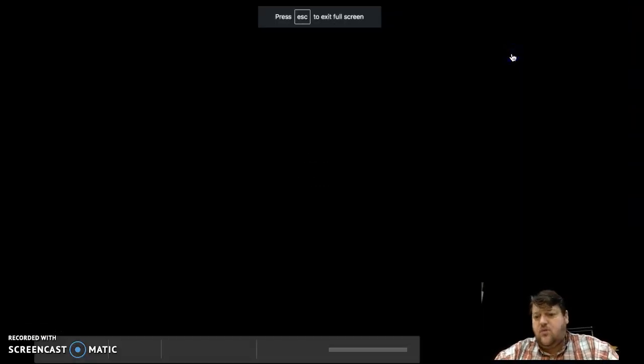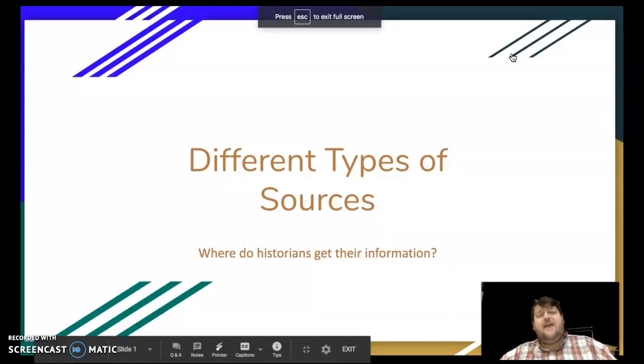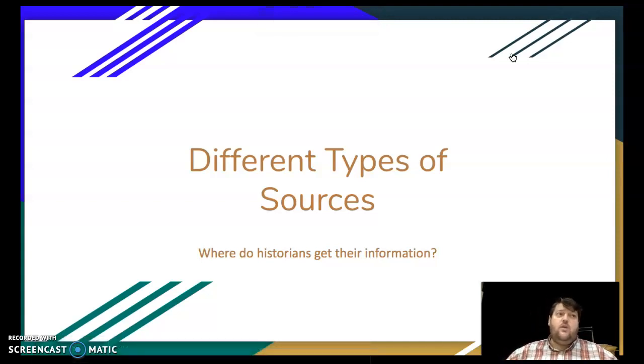Here we go. We're talking about different types of sources. Every historic account is made up of sources. When we watched our video on 9/11, that video was a source. It was how we learn about a historical event. Then we read a historychannel.com website that told us more about 9/11. That was another source. So when we're creating history, when we're making textbooks, when we're writing accounts of what happened,